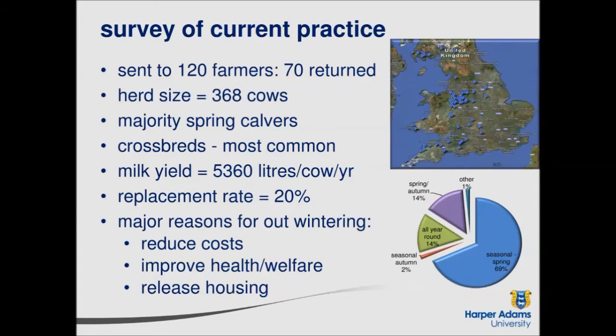So the first study that we undertook was a survey of current practice. We sent this survey out to 120 farmers that we knew were outwintering heifers. 70 were returned, so we had a response rate of about 58%. Herd size, 368 cows. The majority were spring calving herds. They were most commonly rearing crossbred heifers that went on to yield 5,360 litres per cow per year. They had a replacement rate in the range of 20%, which meant that they were rearing about 70